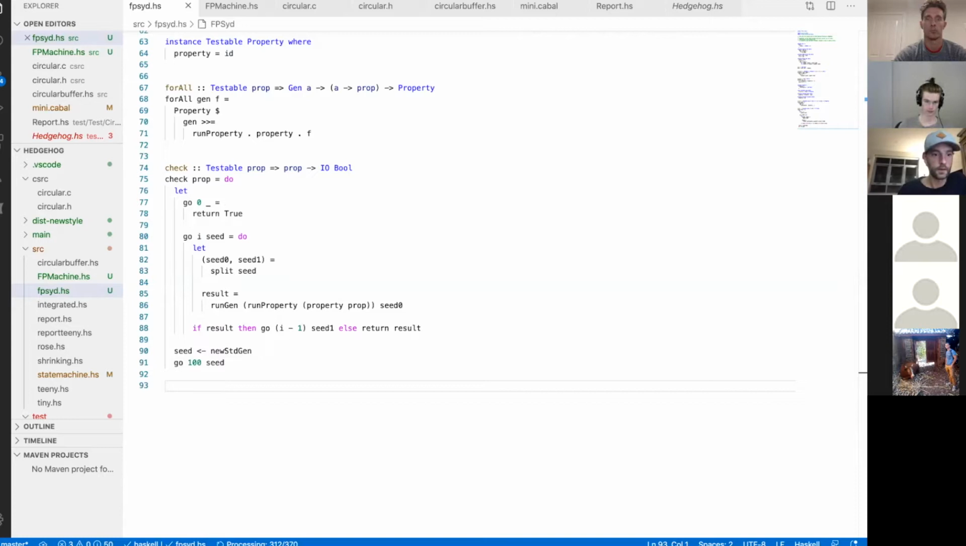All right, load FP-SYD. So for all Booleans, not true is false. They are true, or not true is true. Okay, so we've written the world's most basic